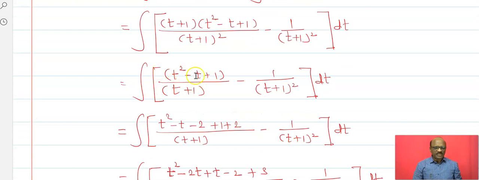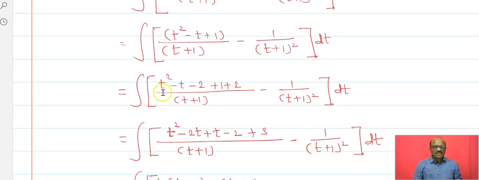Now see this numerator. Look at how we have adjusted this numerator: t square minus t minus 2. That we have adjusted, minus 2 and plus 2. That is t square minus t minus 2 plus 1 plus 2, minus 1 upon (t plus 1) whole square. Keep it as it is. Now t square minus t minus 2, we can